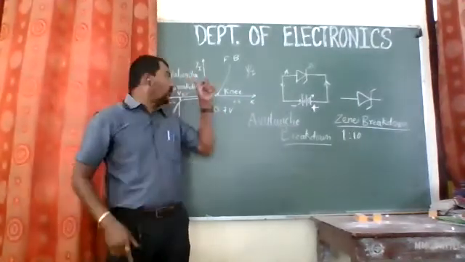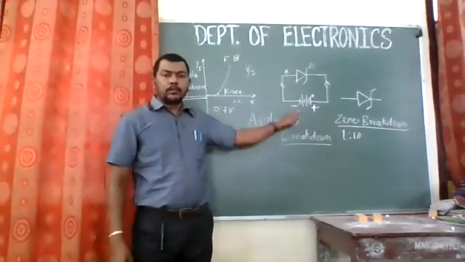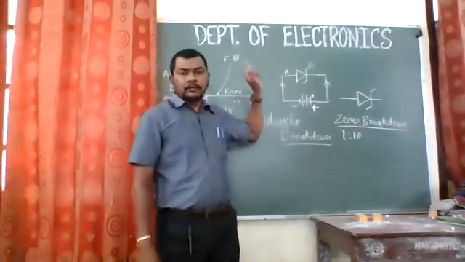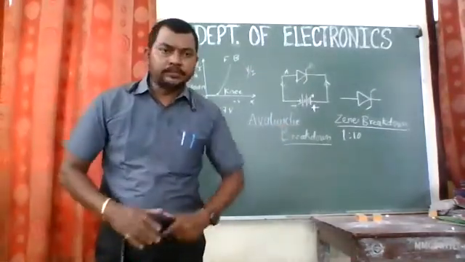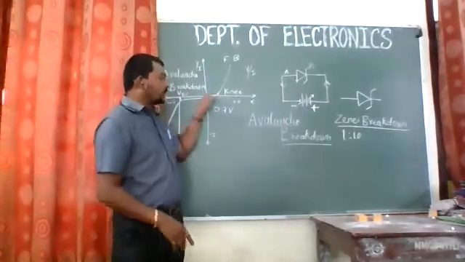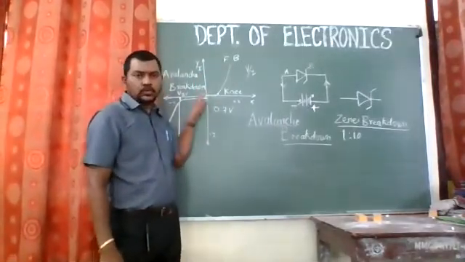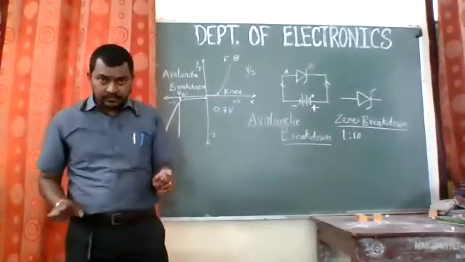So the Zener diode in forward bias condition appears to be the same. You need to connect the positive terminal to the P type and the negative terminal to the N type. So the Zener diode will be connected in forward bias condition. Simple. And the VI characteristics of the Zener diode will be the same as shown over here, the forward bias characteristics of a simple PN junction diode.